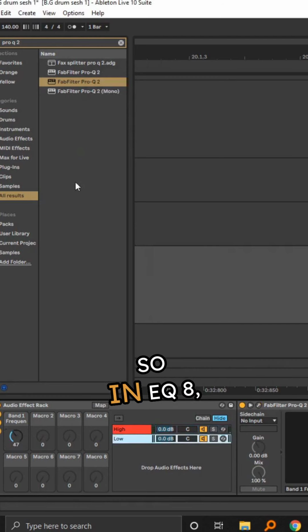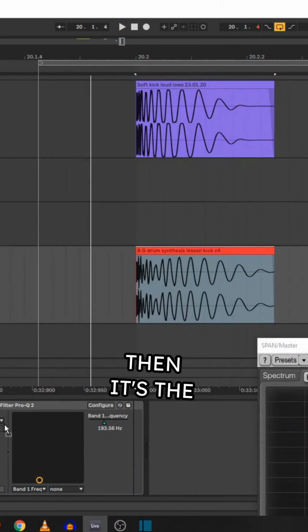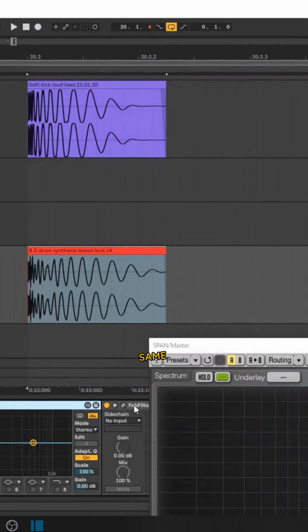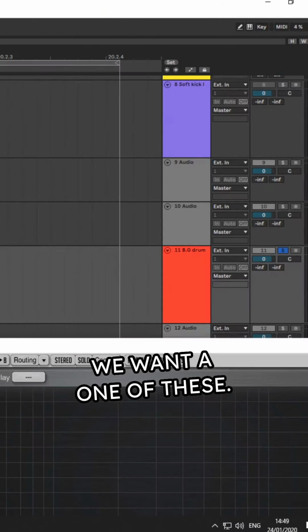Perfect. So in EQ8 then, it's the same exact thing really. We want one of these,